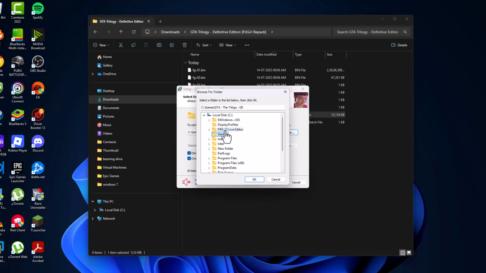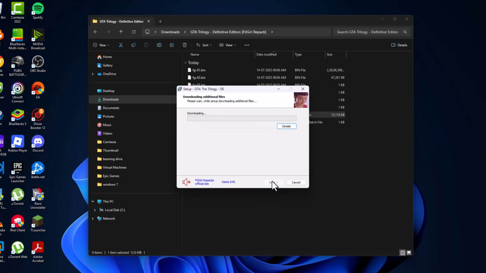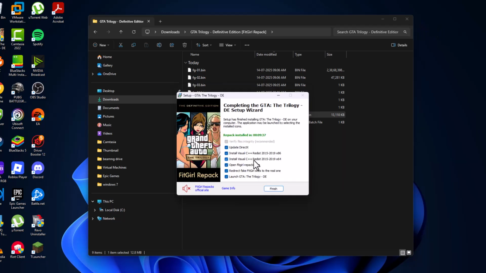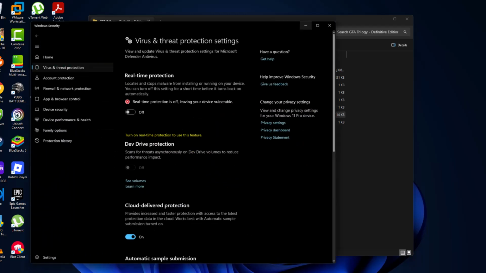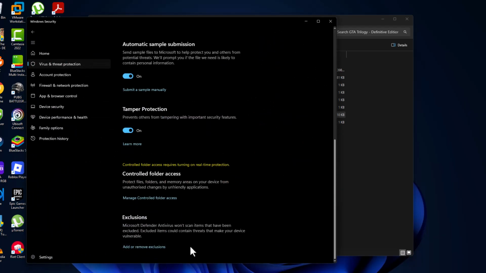And select the browse option and select the location where you want to save this game and select OK and select next. Check all these and select the install option. After the installation is done, open up the Windows Security we minimized before and scroll down and select add or remove